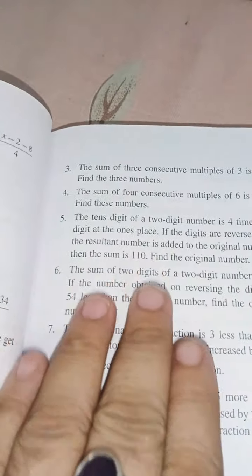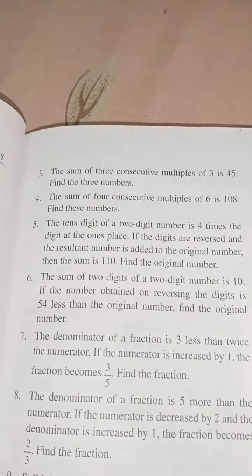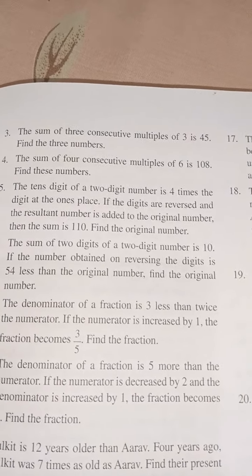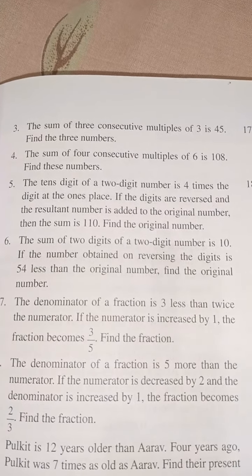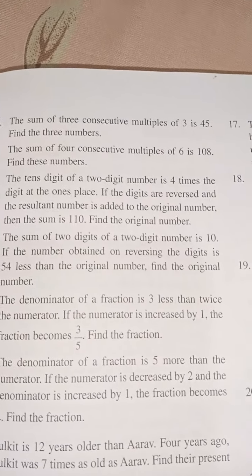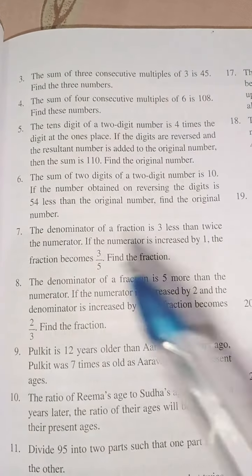5 and 6 I'm not doing right now because it will take some more time to explain, as last year also you got this sum but found many problems. I saw many students were getting problems in this, so I'll make another video where I'll explain this sum, about the 2-digit sum, okay, because it will require much explanation, so I'll not do it now. So I'm moving to number 7. 5 and 6 we'll do later.